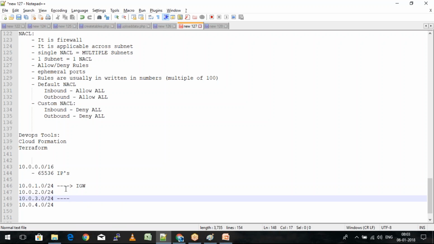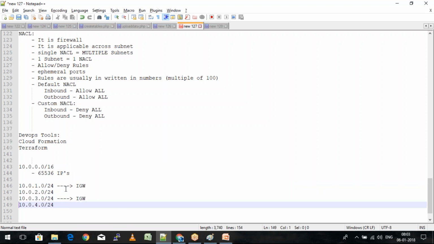Similarly, I can say that 3.0 is the one that has got access towards the internet, right? So now 1.0 and 3.0 basically become the public subnets because I have created a custom route table and I have attached both of them to the custom route table which has got access towards the internet. And these two, that is 2.0 and 4.0, are basically a part of private, right?